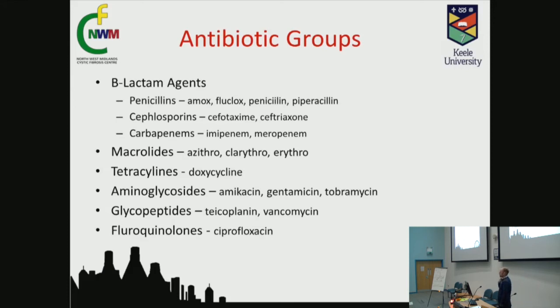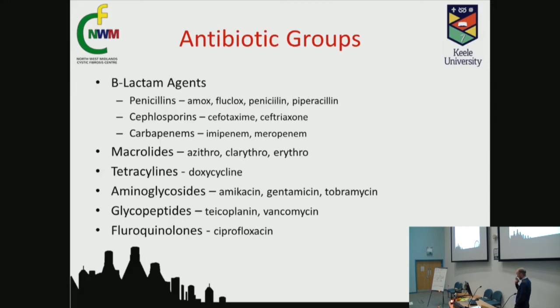In terms of antibiotic groups, there are lots of them. I think the things you need to know, so the biggest group is the beta-lactam agents. These all have a beta-lactam ring, and included within beta-lactams you have penicillins, things that we use all the time like amoxicillin and flucloxacillin, penicillin and piperacillin. They also have the cephalosporins and also the carbapenems, and in the carbapenems you have imipenem and meropenem, slightly